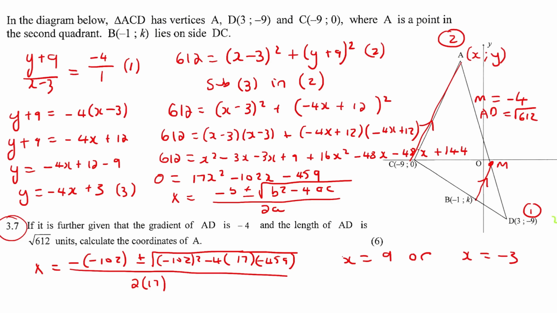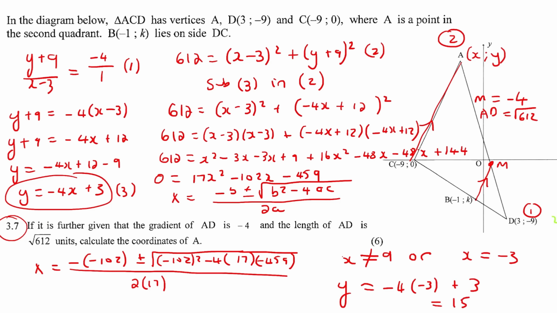They told us in the very beginning, remember the very beginning, they said that A is a point in the second quadrant. So you can't have a positive x value in the second quadrant. So you can't have 9 as an answer. So the only answer for A is going to have an x value of minus 3. So now to find the y value, we come back to this equation, we plug in that x value, and